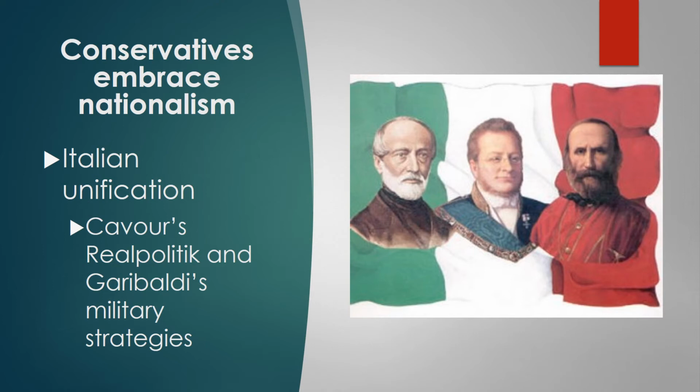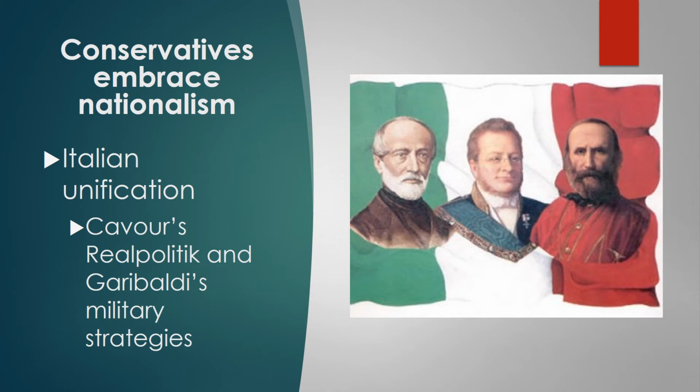A little bit about Italian unification, some background. I said in an earlier review that in 1848 there were failed revolutions in Italy. One of the early Italian nationalists, Giuseppe Mazzini, had actually formed a Roman Republic, and this movement was unsuccessful, didn't last. And Cavour, pictured in the middle of this image here, will emerge as the architect of